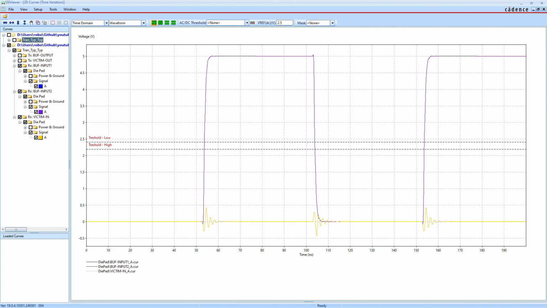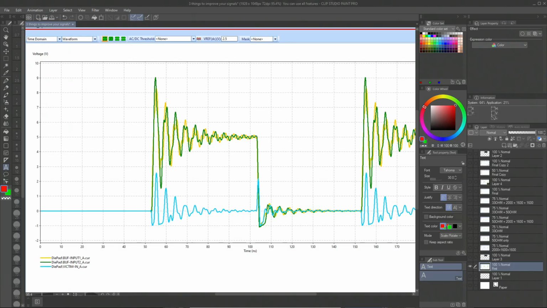And now I have got curious. I wanted to know how each change in the PCB influences this signal. So what I did, I reran all the combinations of these changes and simulated everything, and then I took screenshots of the results. Next I would like to show you what happened with this bad signal when we made the changes on our PCB.